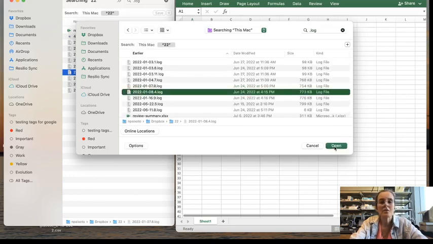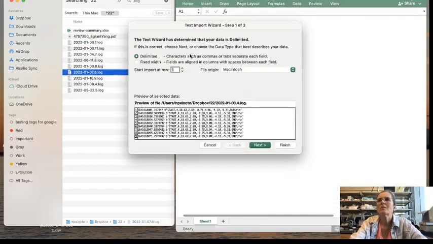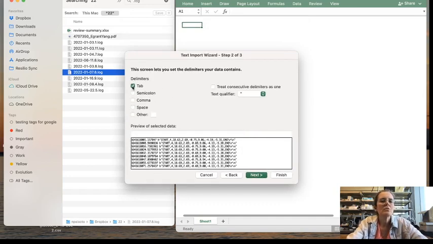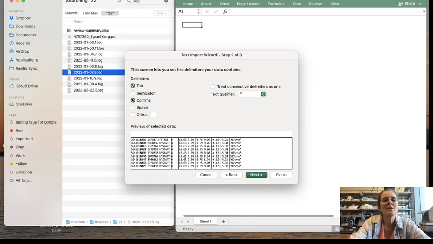If I select any of them in Excel, what happens is Excel gives me the option to import text. And if you click next, you can also select delimiters. There are several of them, and one of them in these log files that actually separates the temperatures is comma. So you can leave tab selected and comma,